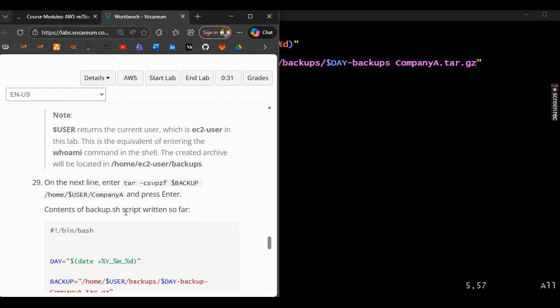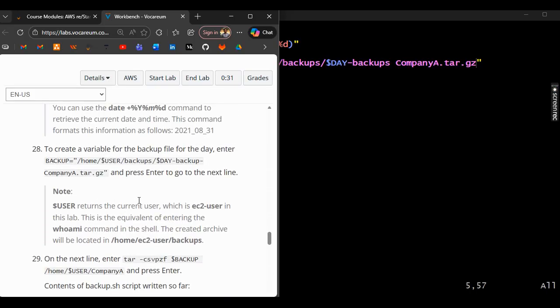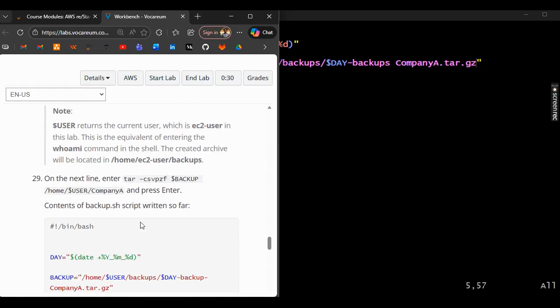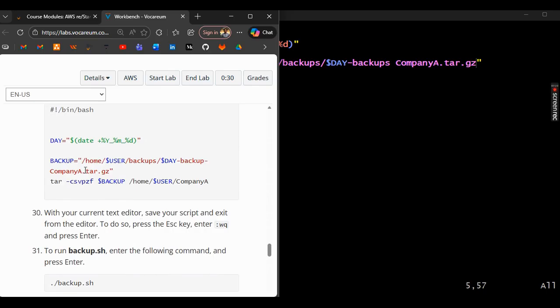Okay, it says that when you want to create a variable for the backup file for the day, you enter this. The $user returns the current user, which is the EC2 user in the labs. This is equivalent to entering whoami. So it's essentially telling it that this is a variable, and at that moment in time,